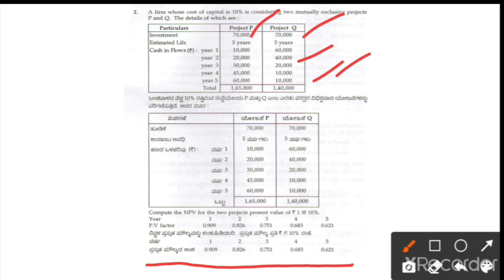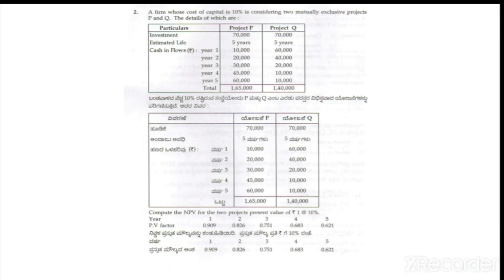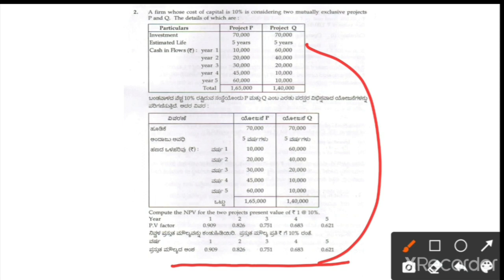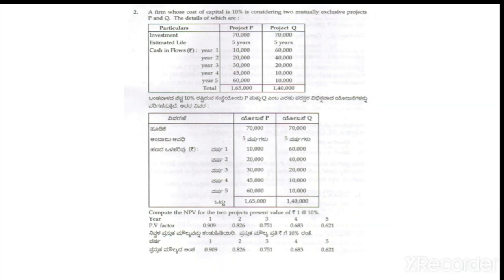As you know already, it is the same method. So PV factor into project P, multiply, you will get the present value. After getting the present value, minus investment, we will get exactly the net present value. This is the first project, project P. Again the same thing, PV factor into project Q, we will get the present value. After getting the present value of project Q, again minus the investment cost, total investment, we will get the net present value. Okay, take this also as homework.